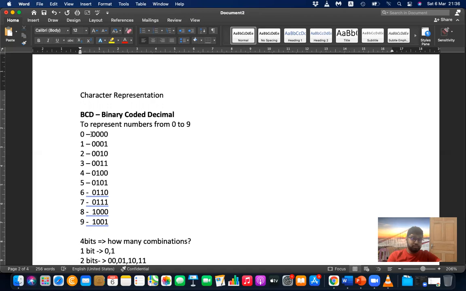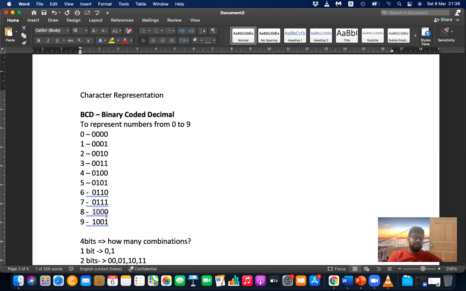0 is represented using 0. This is actually the binary value, but leading 3 zeros are added to make this a 4-bit number. Then 1 is 0001, 2 is 0010, 3 is 0011, 4 is 0100, 5 is 0101. Likewise, the particular binary value is taken, and to fill the gap, 0 is added to the beginning.